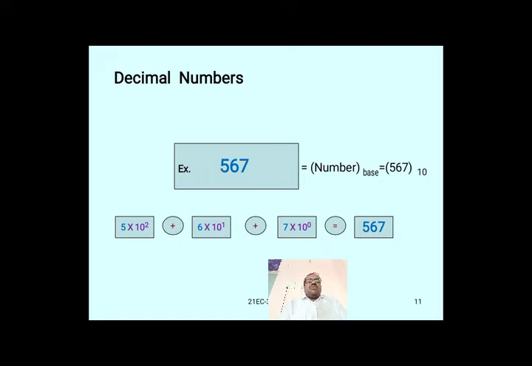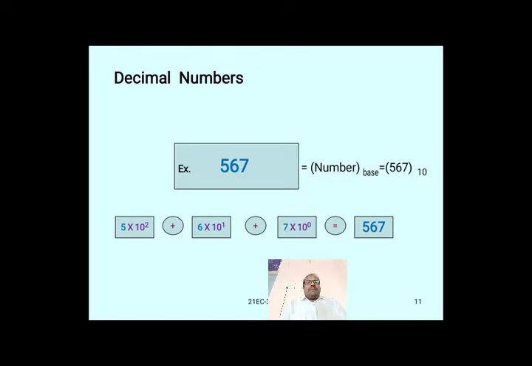10 power 1 equal to 10; another identity is also there. Any number to the power 1 equal to the same number. A power 1 equal to A. 1 power 1 equal to 1. 2 power 1 equal to 2. 3 power 1 equal to 3. These are the two identities you must remember here. Please make a note of it.